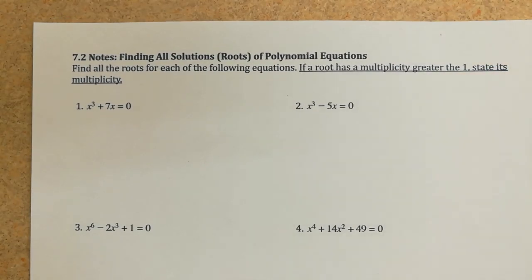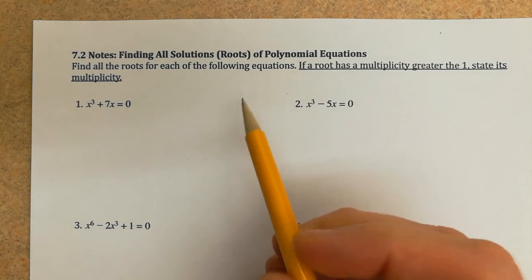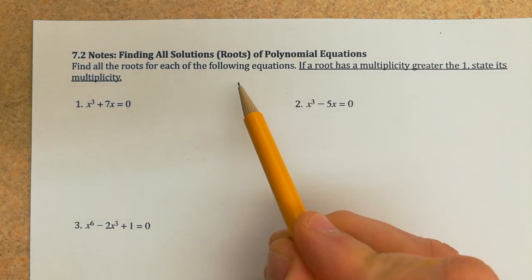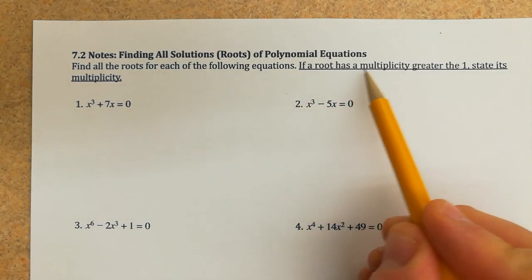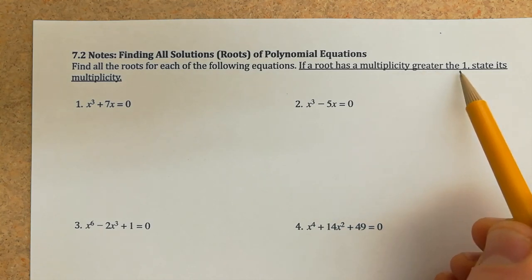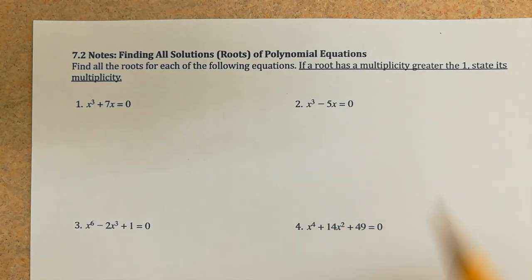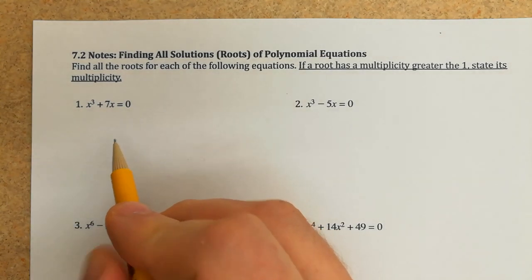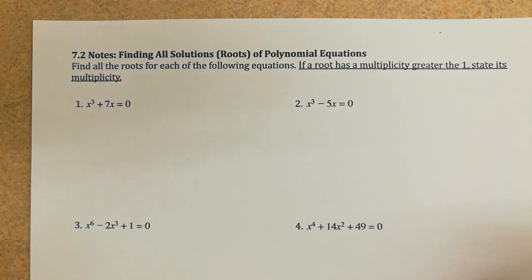Okay, today we are finding solutions of polynomial equations, or roots. The directions say here, find all roots for each of the following equations. If a root has a multiplicity greater than 1, state its multiplicity. We'll talk about what multiplicity is in just a little bit. But basically what we're going to be doing is factoring these and then using the zero product rule to find